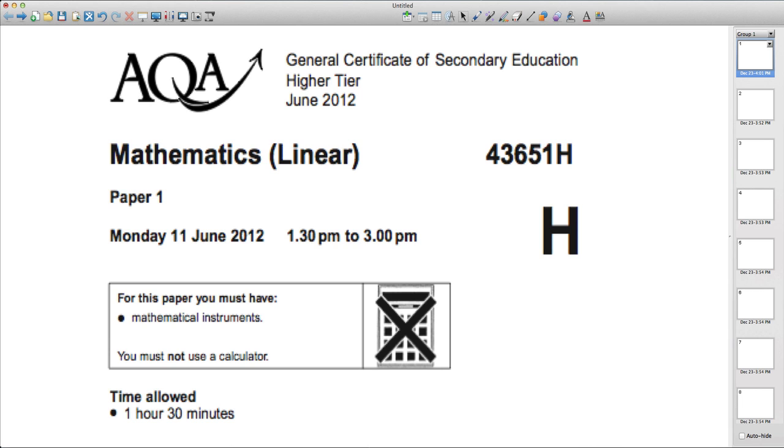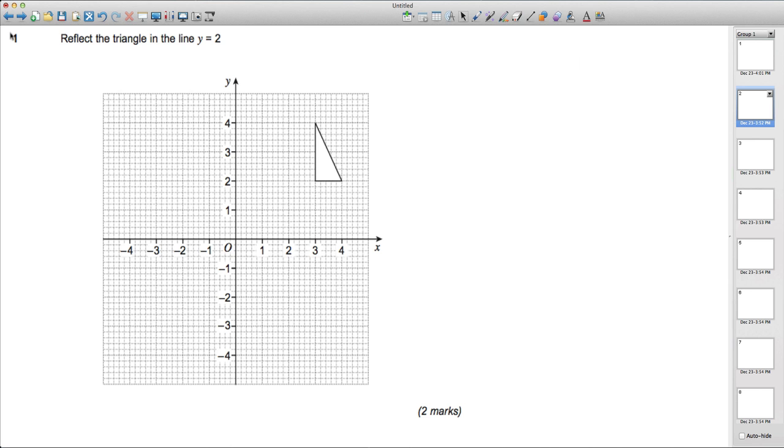Right, so for question 1. Reflect the triangle in the line y is equal to 2. So for our 2 marks, the first thing we need to draw is the mirror line, y is 2. Well, that should be easy for you, but if you're not sure what the line y is 2 is, just draw a few coordinates where you know the y number's 2, like 0, 2, 1, 2, 2, 2,